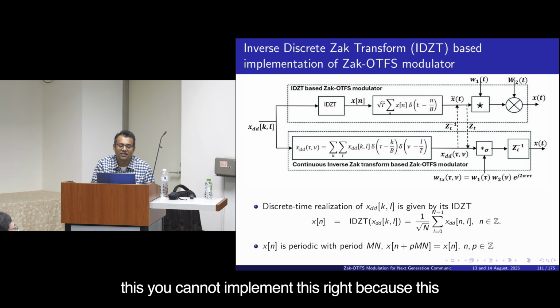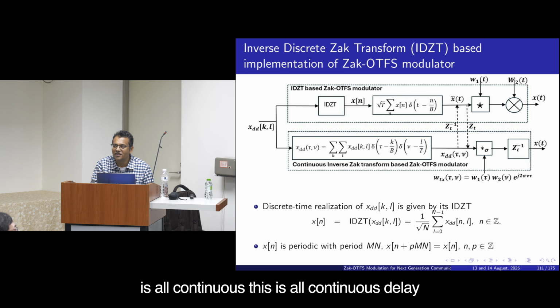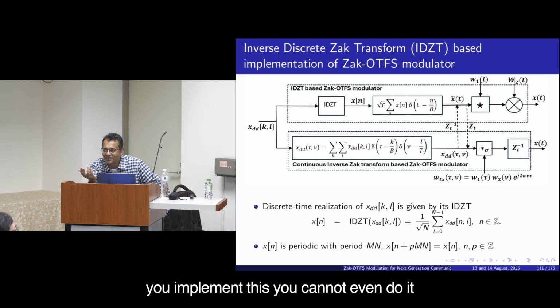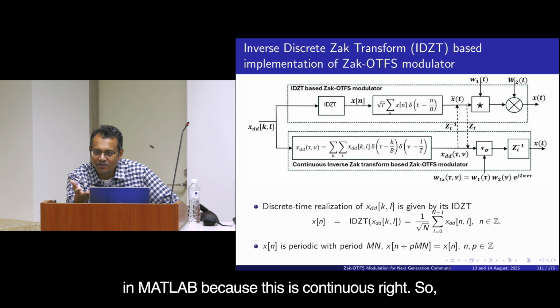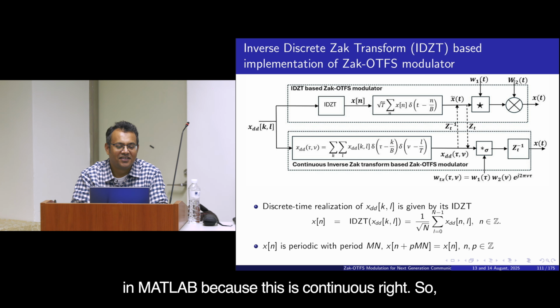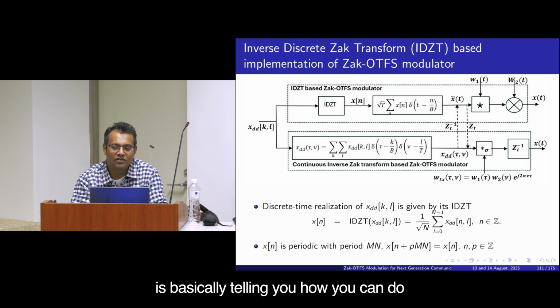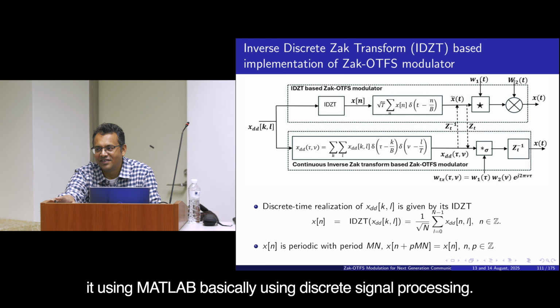But this, you cannot implement, right? Because this is all continuous. This is all continuous delay Doppler. How will you implement this? You can't even do it in MATLAB because this is continuous. So the signal processing chain on the top is telling you how you can do it using MATLAB,